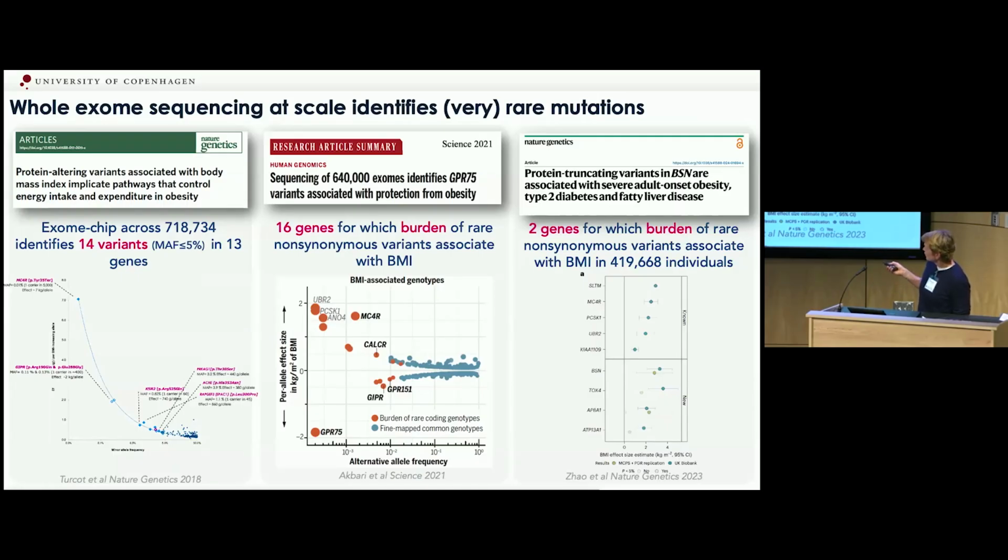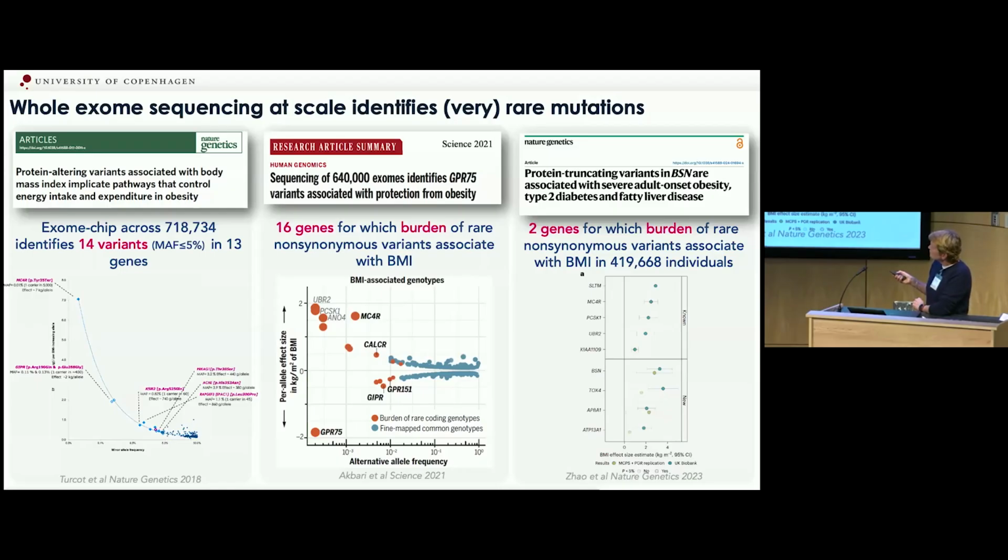A paper by Regeneron that combined data of 600,000 people identified 16 genes, mostly focusing their paper on GPR75. We don't know yet whether that's a real drug target, but they are definitely working on that. And then there's a recent paper by the Cambridge group combining data of 400,000 individuals, and their paper mostly focused on bassoon. This is just to say that this seems an efficient way to go from variant to function within the obesity field, but you still need a lot of data for a few targets.